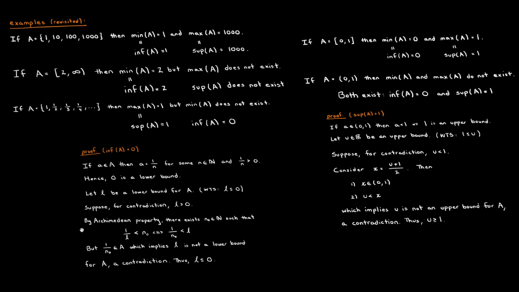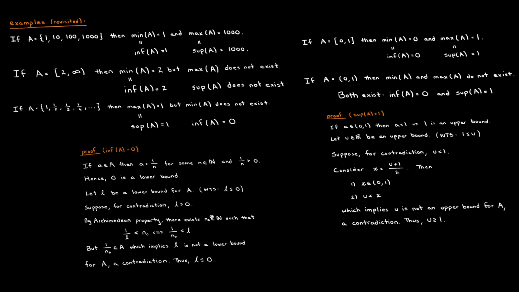And now we will use a property that we haven't covered yet, but we will soon cover, and it's something called the Archimedean property. However, this property is actually quite intuitive. It says that the set of natural numbers is actually unbounded from above. That is, the set of natural numbers just keep increasing and increasing forever, which I hope you think is quite intuitive. But don't worry, we will cover this very soon. But assuming this property,